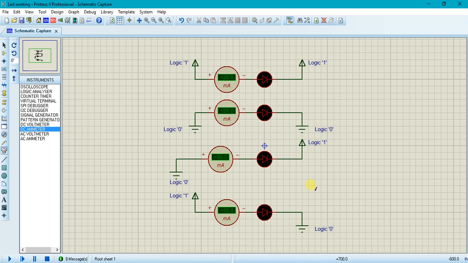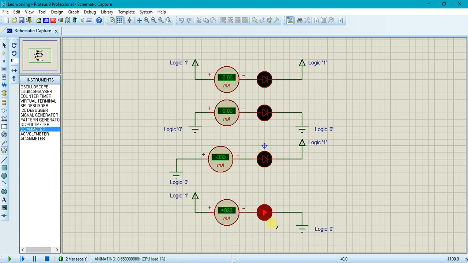The fourth case is that on the positive terminal we connect logic 1 and on the negative terminal we connect logic 0. So now what will happen? 5 minus 0, the potential difference is 5 volts, hence there is a flow of current across the LED. Since there is a flow of current, the LED goes into the forward bias condition and light starts emitting, that is, photons start emitting from the LED, which appear to us as red light if you are using a red LED. If you use a green LED, then it appears as green light emitting from the diode. We just start the simulation and